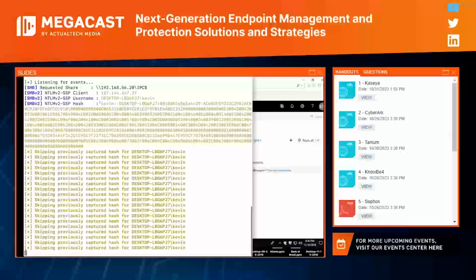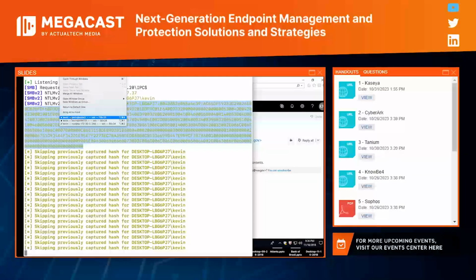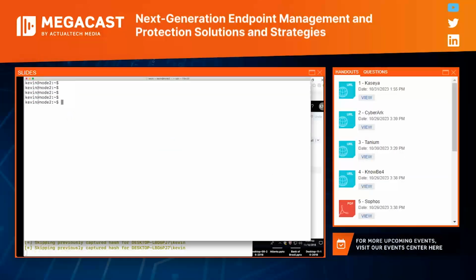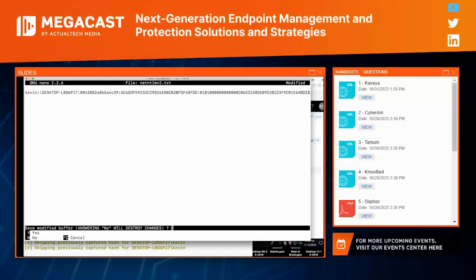So let's go ahead and try to do this. We're going to highlight this. We're going to copy it. We're going to go over to our password cracker over here. We're going to create a file. Here we go. We're going to paste in the hash. Very simple.